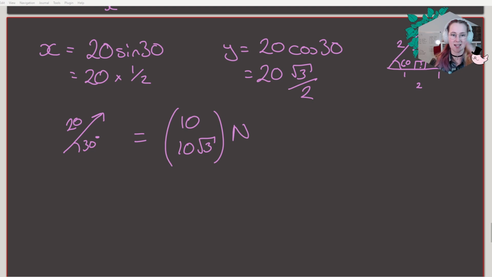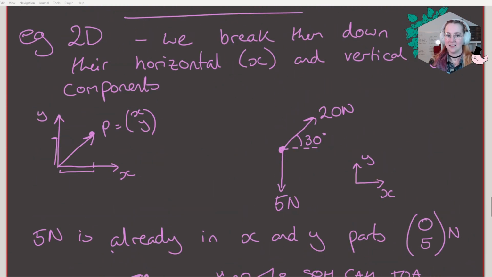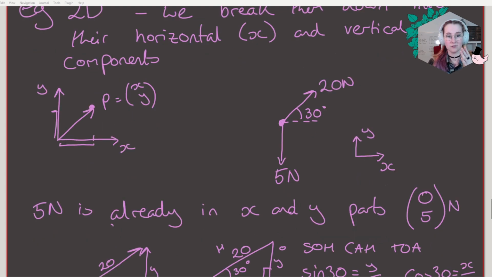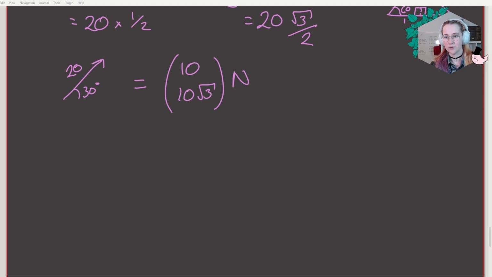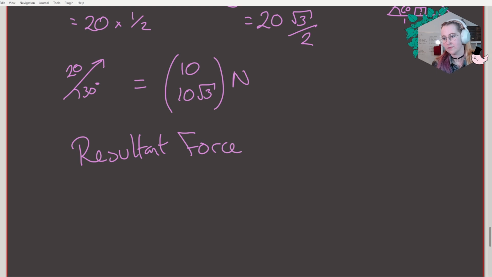So, we broke down our 20 newtons, and if you remember, this was the question that we were looking at, right? We had the 5 newtons downwards and then the 20 newtons. So the resultant force on this particle is the sum of these, right? So it's the 10 and the